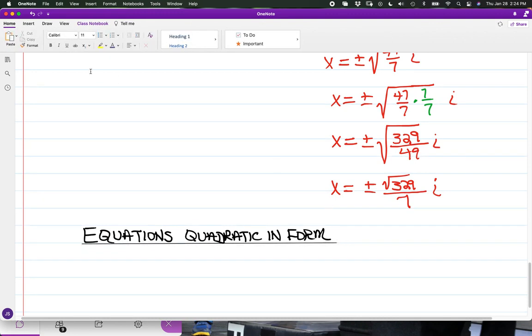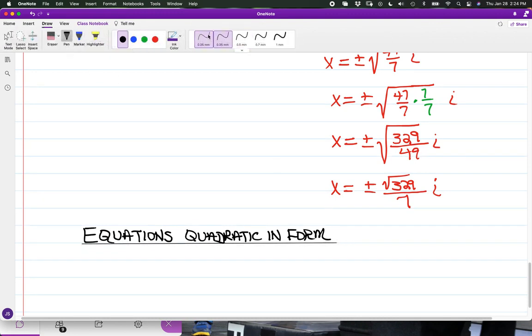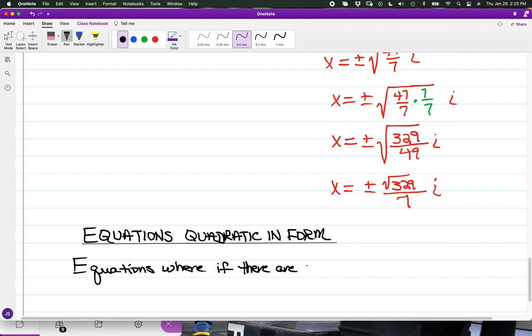Now for equations quadratic in form, without giving a very long definition, we say that we have equations where, they will not always be displayed as such, but if there are two terms in the dependent variable,